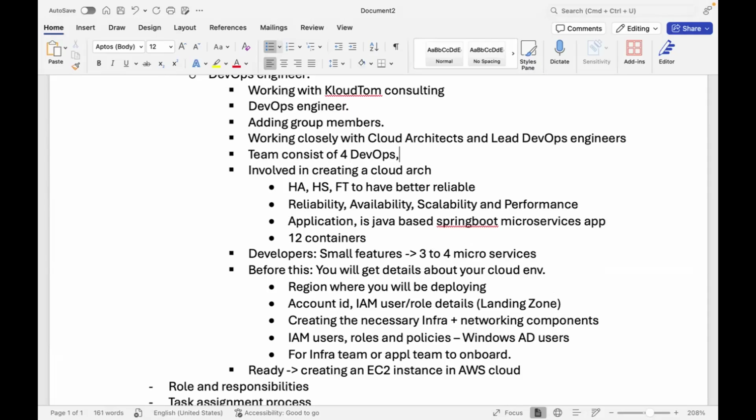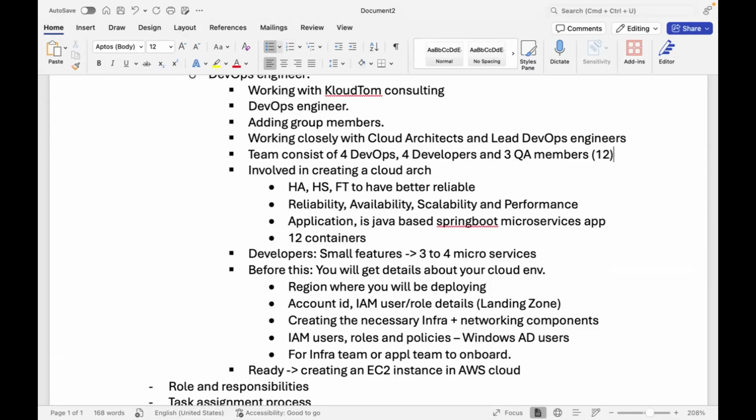If you want to say a 10-member team, you just change according to the number. 4 DevOps engineers, 4 developers, 3 QA, like that. We are a team of 12 people working, and each person has different responsibility. And I am responsible for